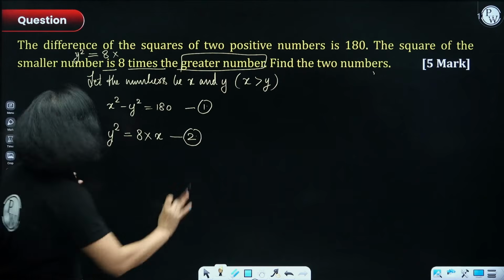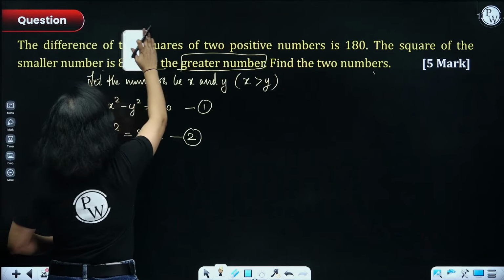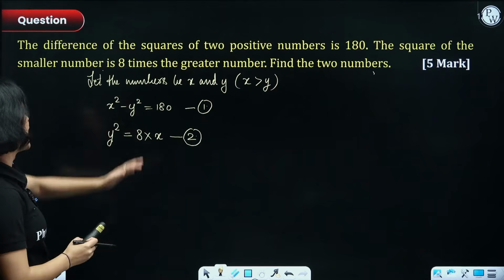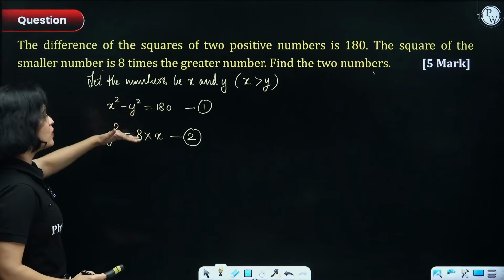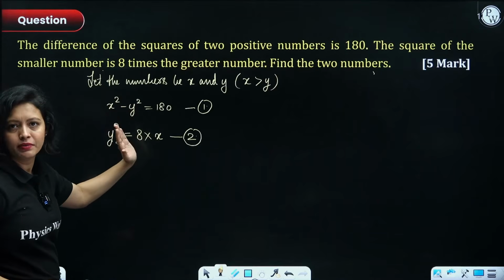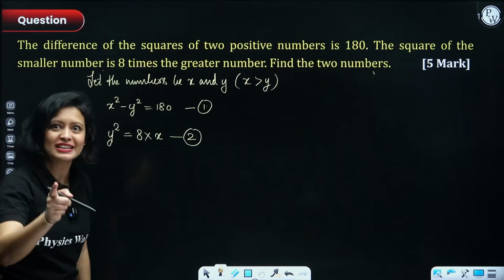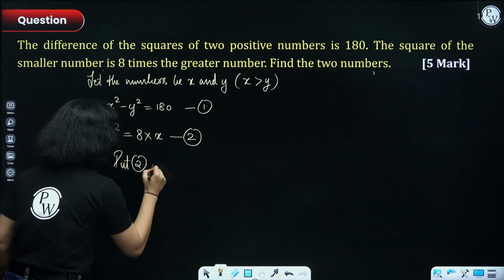Got it? Simple. Okay, I have converted both the statements that were given to me in terms of mathematical equations, and now look at both these equations here and think, how can I convert the first one into a quadratic equation in one variable? Very easy, guys. I'll just put the value of y square here. Yes or no? Right? So see, very easy. Put 2 in 1.